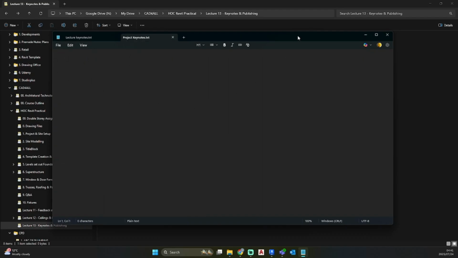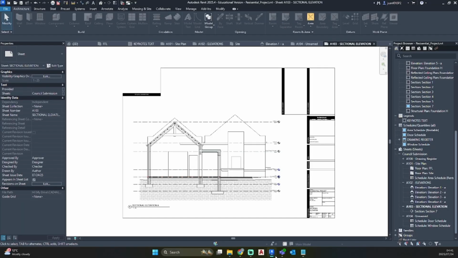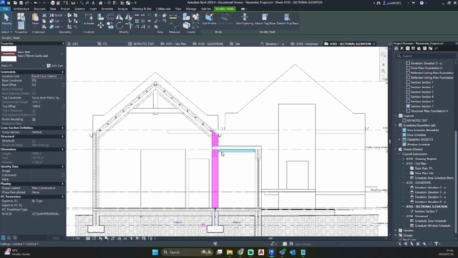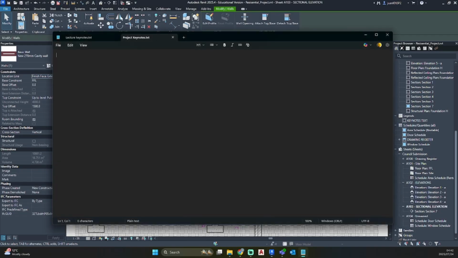So now we want to go look at where we're going to start annotating. So for now, we're going to start on our section. So let's go ahead and start with our walls. So we know this wall is a 270mm cavity wall. So go ahead and go to your text file and start with the category of items.